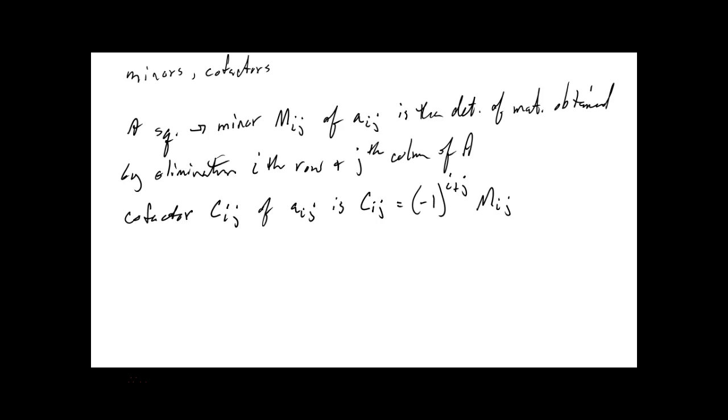So, yeah, let me go on and do it here. Let's say we have a 3 by 3. Okay? A11, A12, A13, A21, A22, A23, A31, A32, A33. All right. To get the minor of this one,